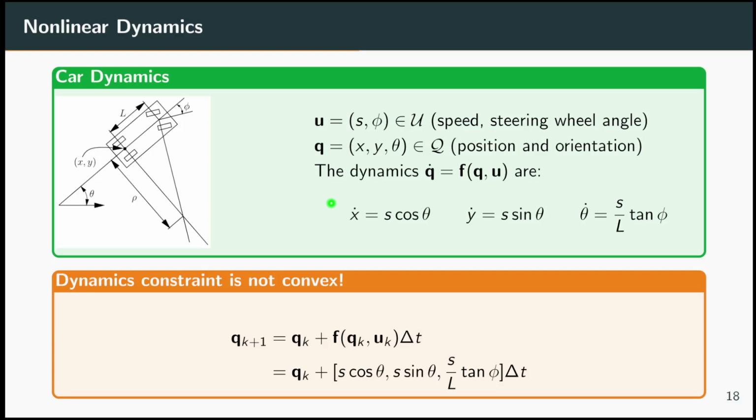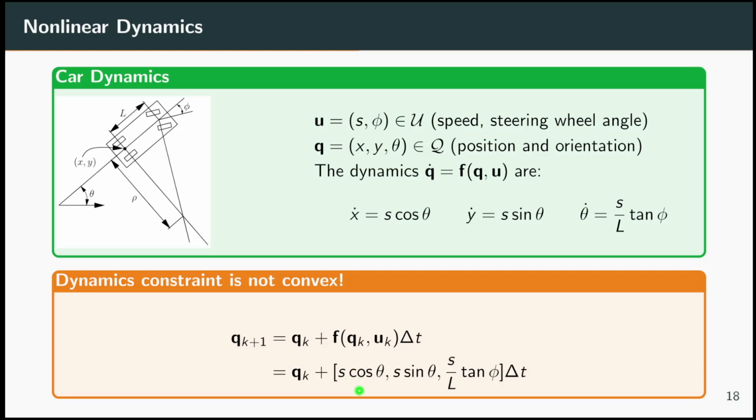Okay. So now this example was maybe somewhat contrived because we had this double integrator where our f function was so simple that everything was linear and we got a QP. But now if we would even go to the next best thing, and let's say we use car dynamics, where we have these trigonometric functions, then the dynamics constraint is not convex, right? So if you remember, we did this Euler integration here. If we put in that f function, we suddenly have